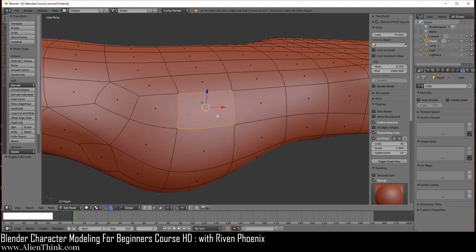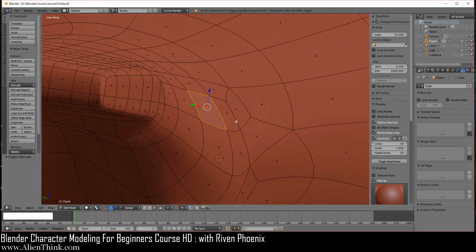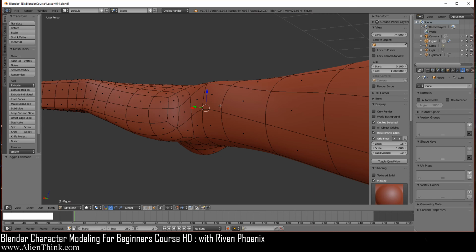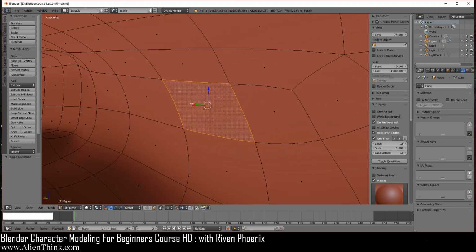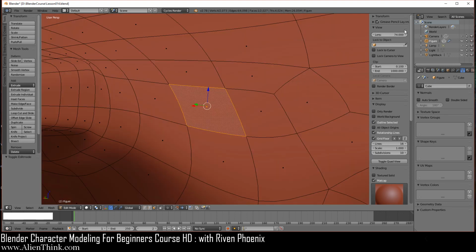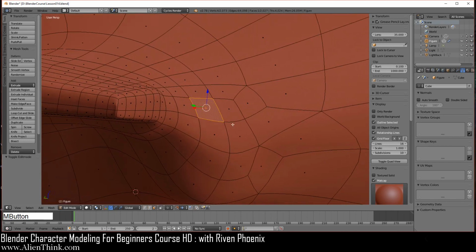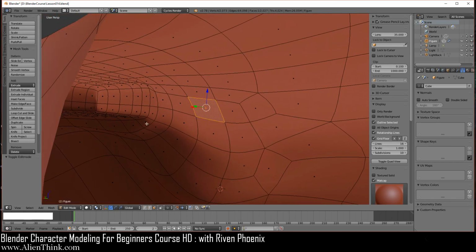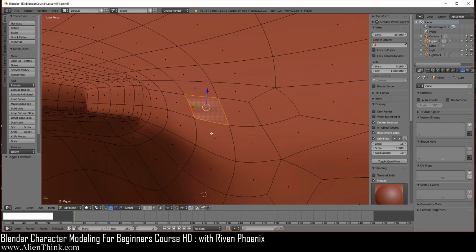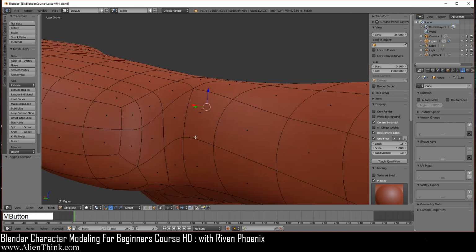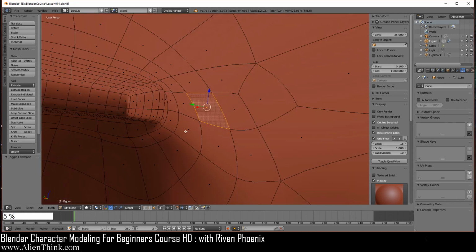Now notice what happens if I do the middle mouse button and rotate inside the figure. You can see that I can get inside the figure, but if I rotate like this, I'm now seeing the other side of the figure, right? So you kind of have a limited zoom level. So this is why we have to set it on 35, really. If you think about it, because this is set on 35, it gives you more room to work with, right? Because it's giving you more of a wide angle view. You can think of it this way. Now notice that when you are inside like this and you press the 5 key going to ortho over here, it's just going to take you out of it, and you can press 5 to go back in.